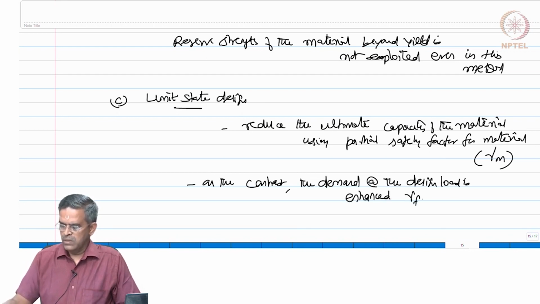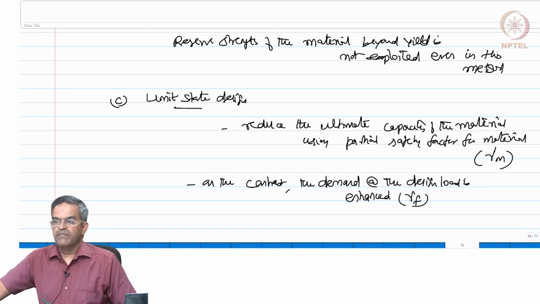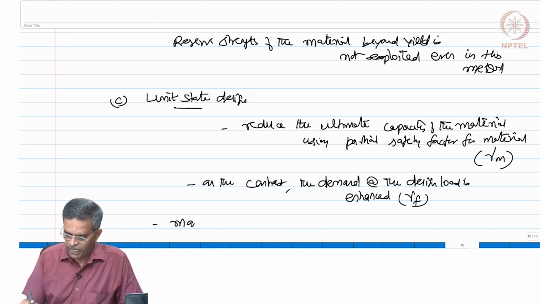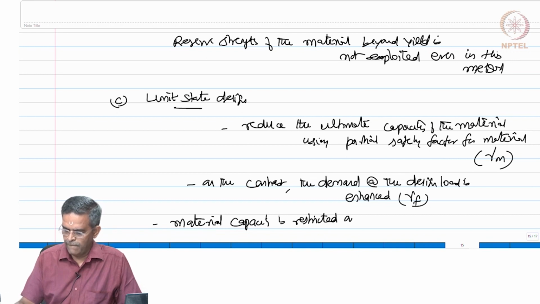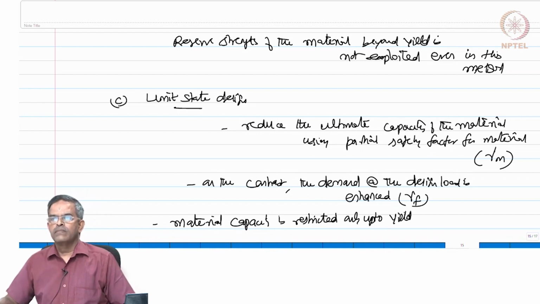We call this gamma f, a partial safety factor for loads, which we discussed in detail. So, the material capacity is restricted only up to yield, okay,